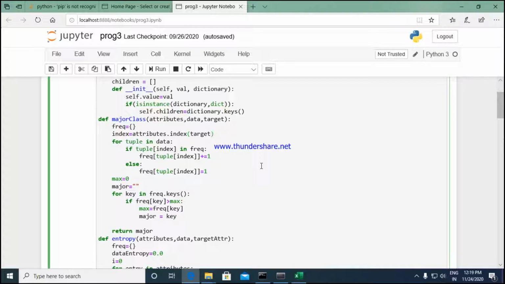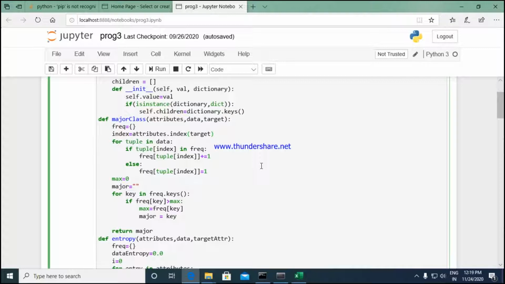How do we decide which attribute to choose? It is based on the information gain value. Whichever attribute gets the maximum information gain value, we are going to choose that particular attribute as our root node. And how do we calculate this information gain value?